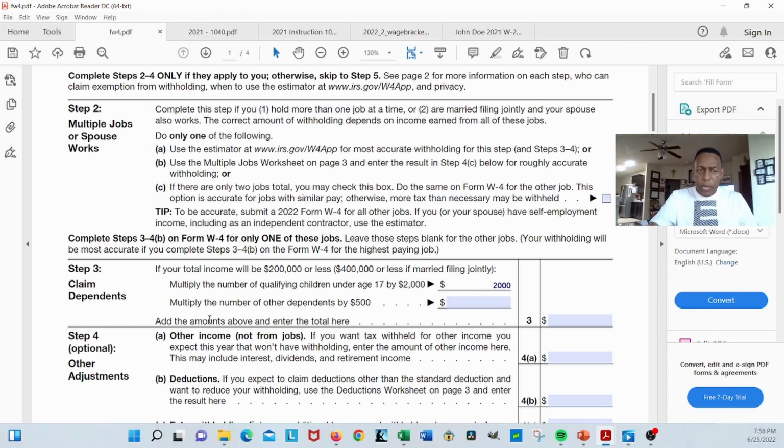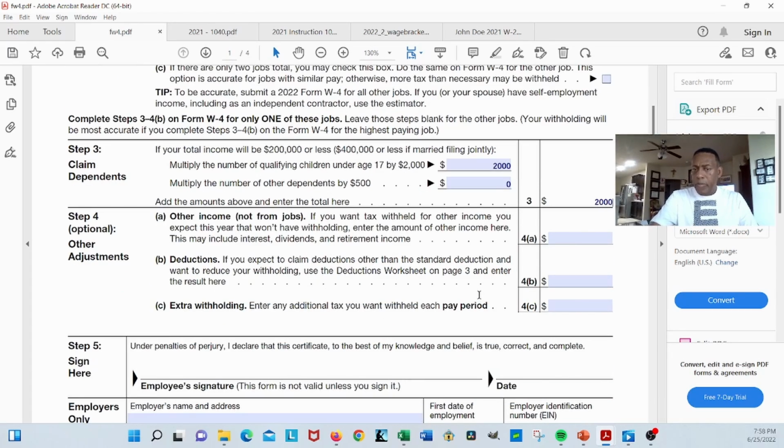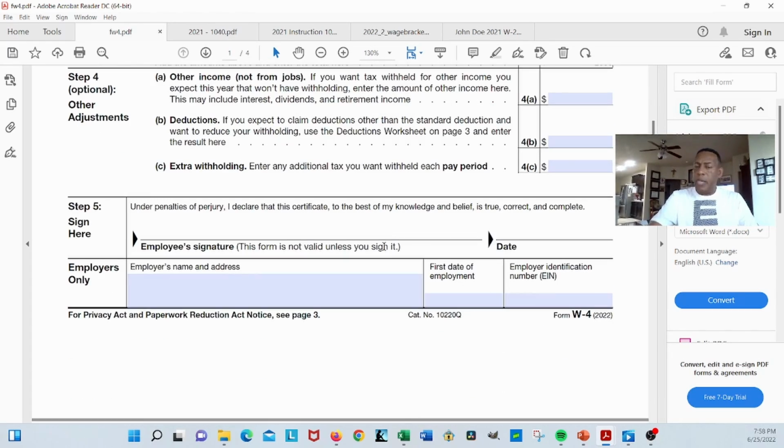This line says to multiply the number of other dependents. She doesn't have any dependents, so that would be a 0, or you can leave it blank. And then when you add the two lines, what you end up with is $2,000. That's all she needs for the update. She signs the form, dates it, and then hands it to HR. HR then takes that information